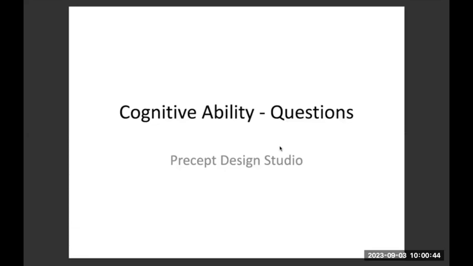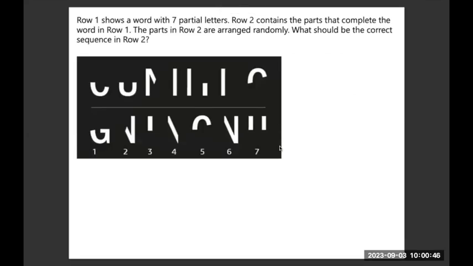So this is the first question where you're given two parts, and when both parts come together, they form a spelling. There's a word which they form. What you're also given is the lower row, numbered 1, 2, 3, 4, 5, 6, 7. That lower row is randomly arranged. The bottom row is very randomly arranged. That's another condition that you're given. What you have to find is the correct series in which all these parts will come together to